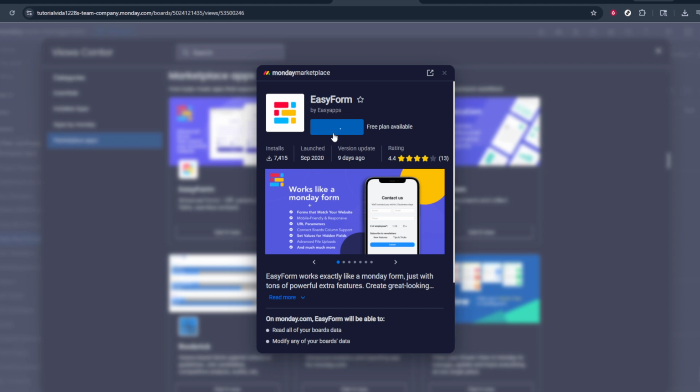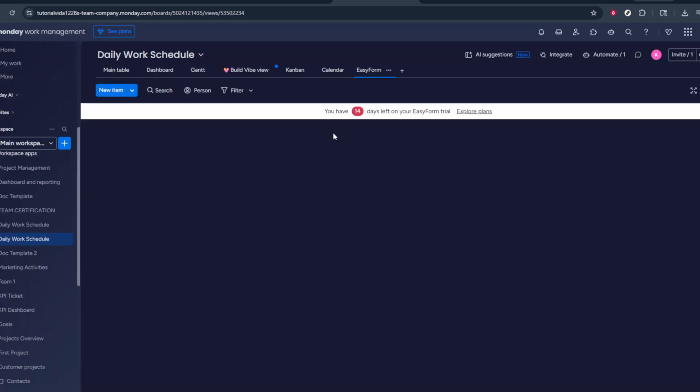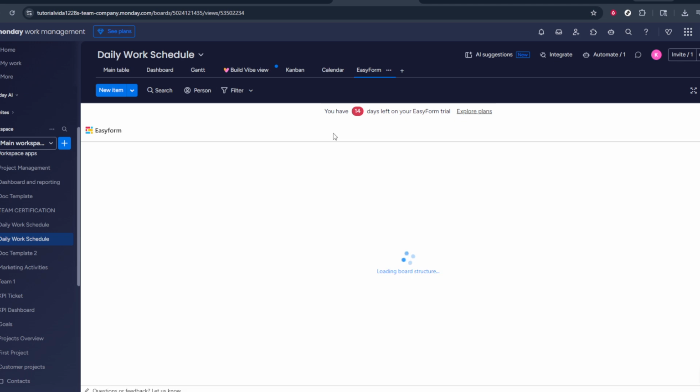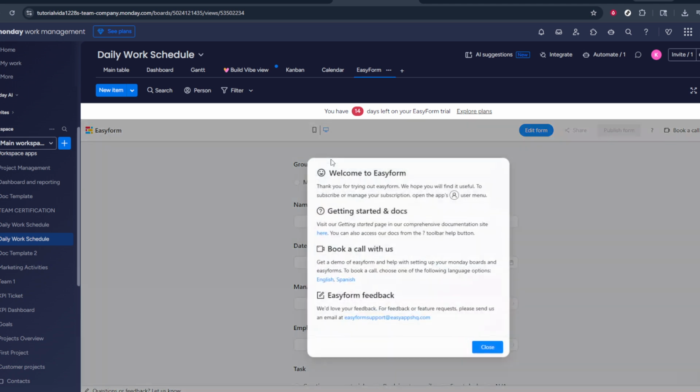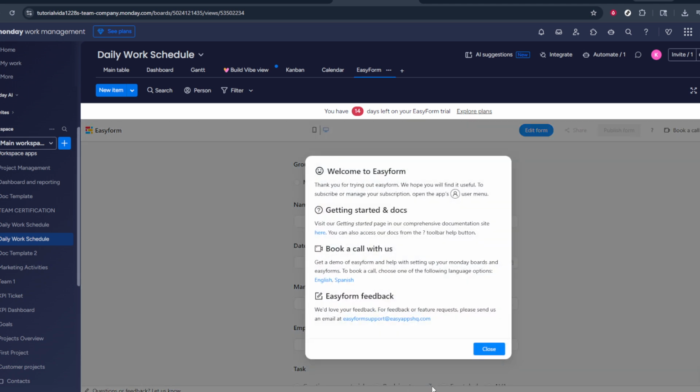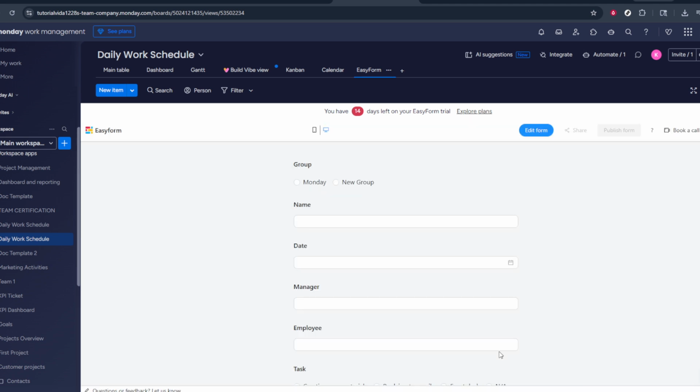Take a moment to scroll through or use the search bar if you already know the name of the app you want to use. When you find an app that fits your needs, click on it to open its details page. Here, you can read a short description of what the app does, check screenshots, and see how it integrates into your board as a view. This is a good time to make sure the app supports being used as a board view, not just as an integration or automation. If it looks good, go ahead and select the app. Monday.com will guide you through adding it as a